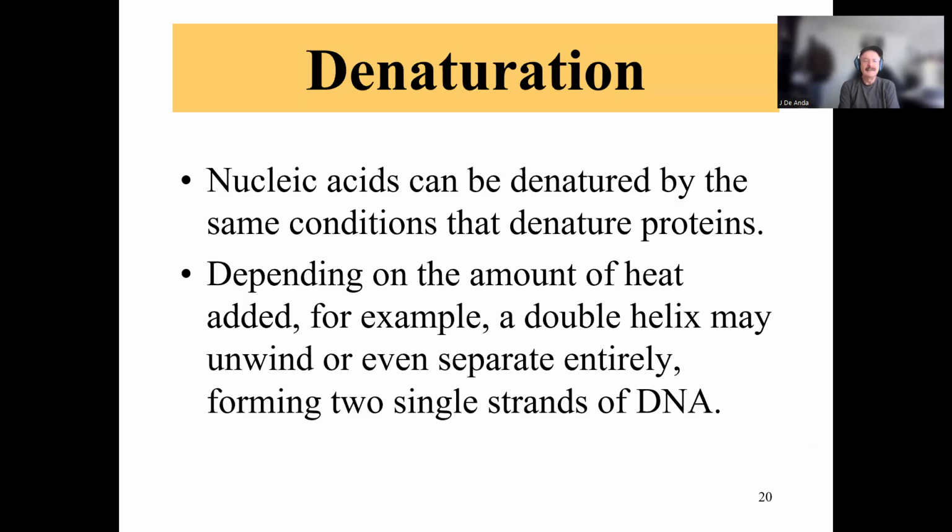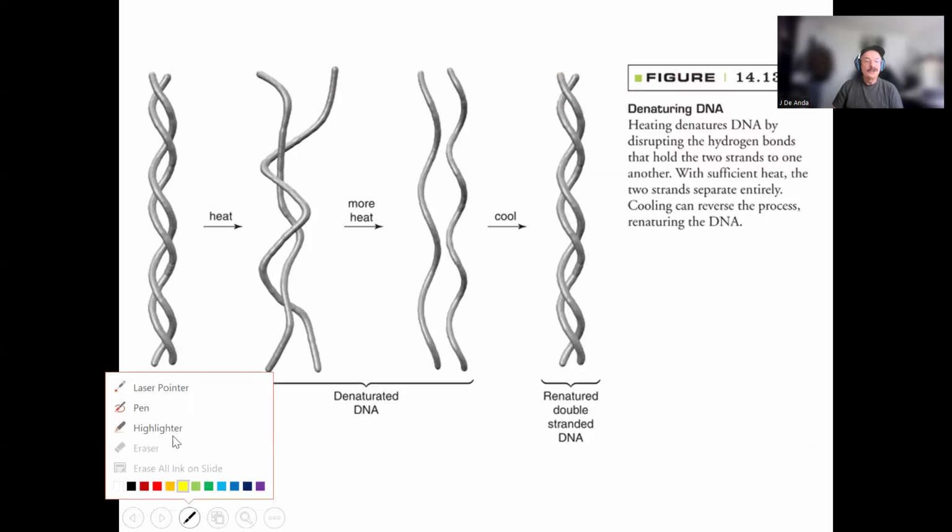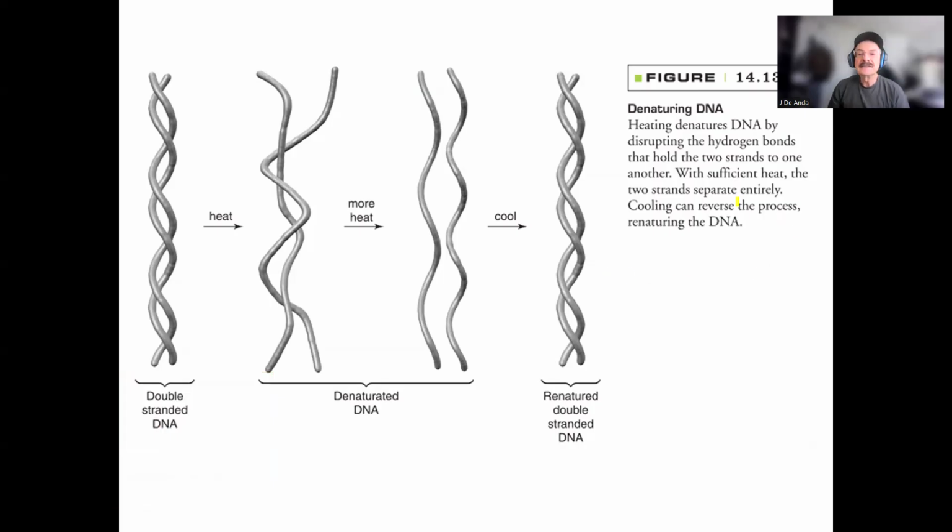If you apply heat to a sample of DNA, you can actually disrupt the double helix and cause it to unwind and actually separate entirely into two individual strands of DNA. If you do this process in a gentle, slow way, you might be able to separate them all the way. And then if you cool them down gently, you might be able to actually reverse the process like it says here. Cooling can reverse the process,